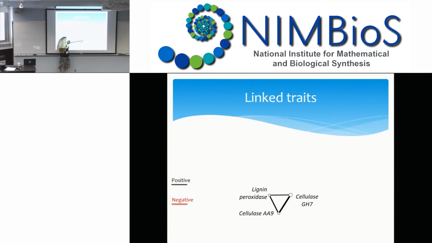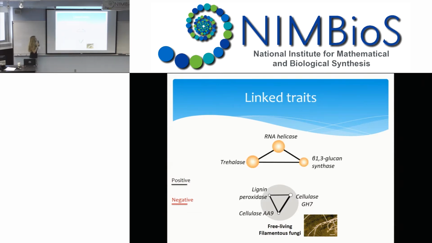Now, each of these nodes represents a different trait. The size indicates how widespread that trait was in the phylogeny of the fungus. And then the width of this line indicates how strong the relationship was. I only show lines if there was a significant relationship between them. We have positive versus negative. So right here, these 3 decomposition traits were all significantly and positively related to one another, right? They tended to co-occur. And also, they tended to reside in the free-living filamentous fungi. I showed you that in the earlier graph, all right? So these are the decomposers, it looks like.